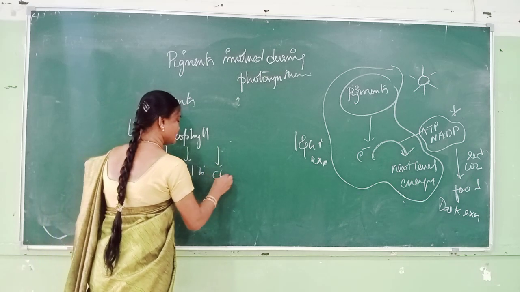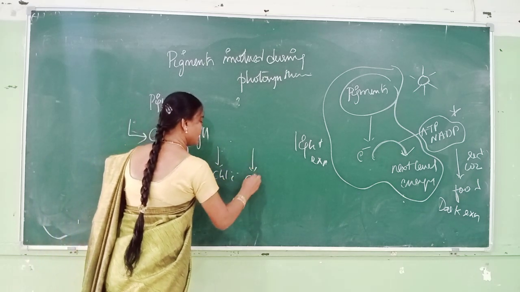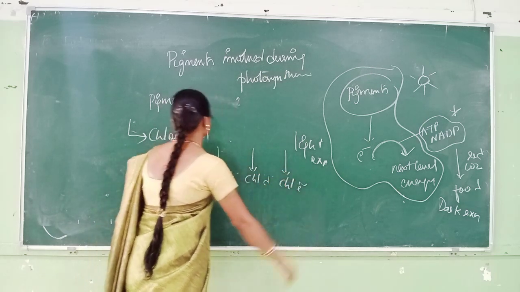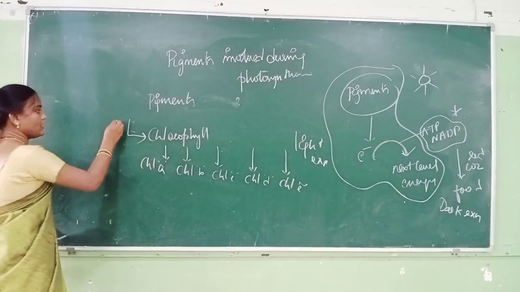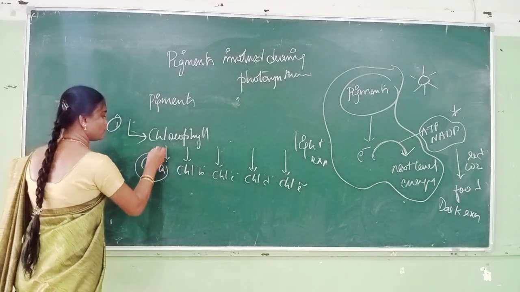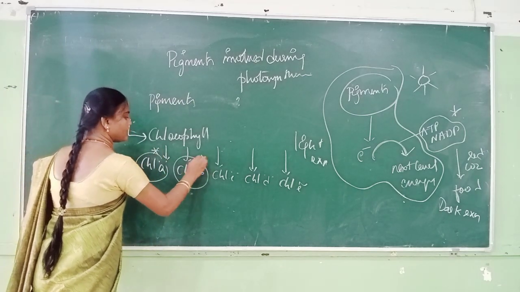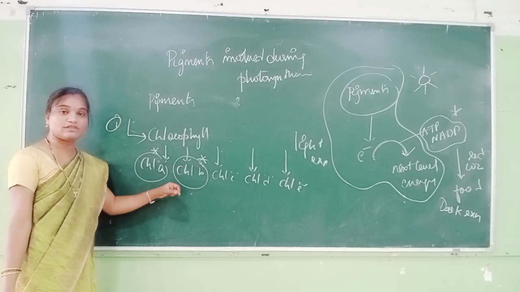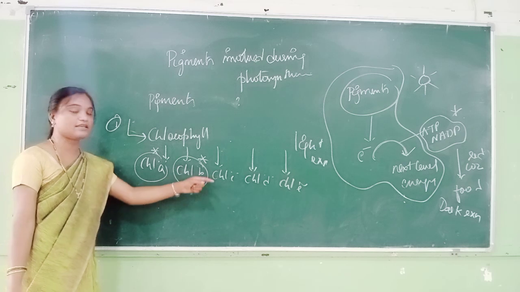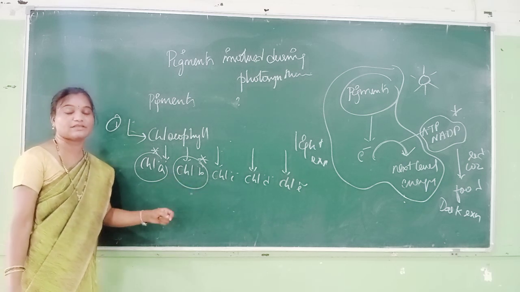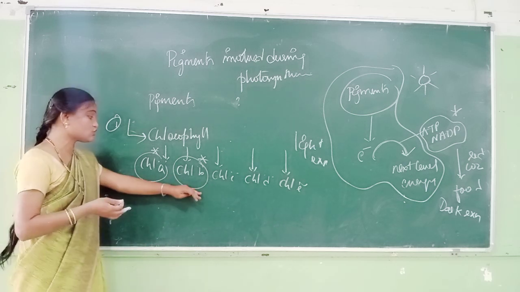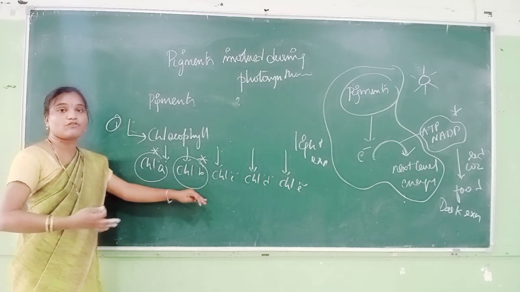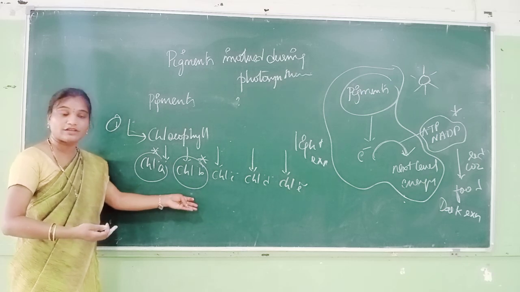chlorophyll C, D and E. So these are the different types of chlorophyll, but the essential ones are chlorophyll A and chlorophyll B. These are the important pigments used during your photosynthesis, and the remaining are termed accessory pigments. They will help these two, chlorophyll A and B, to provoke your photosynthesis, in order to synthesize food for your plants.